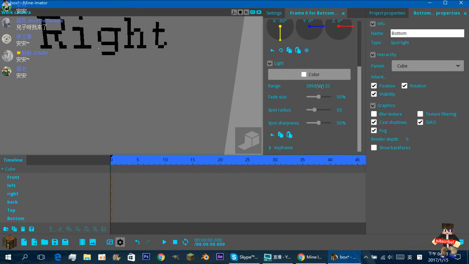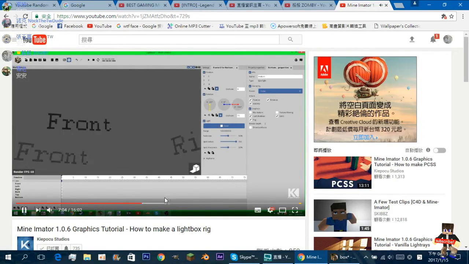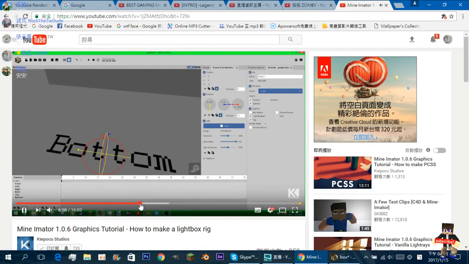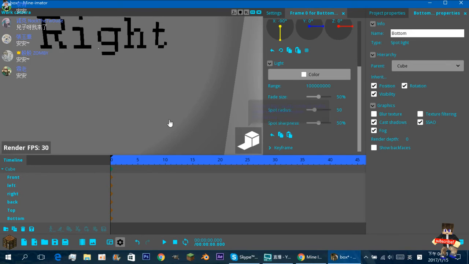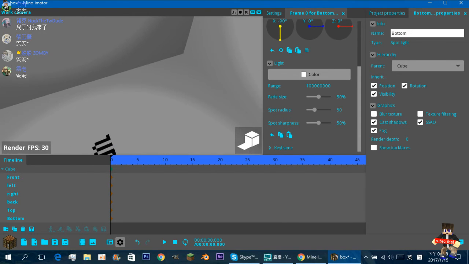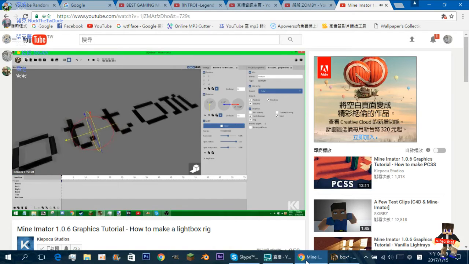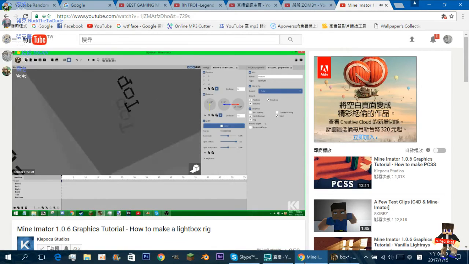What you should have right now is it looking the exact same like this. There's barely any lighting because it's covering all the shadows. I don't know how to explain it, but